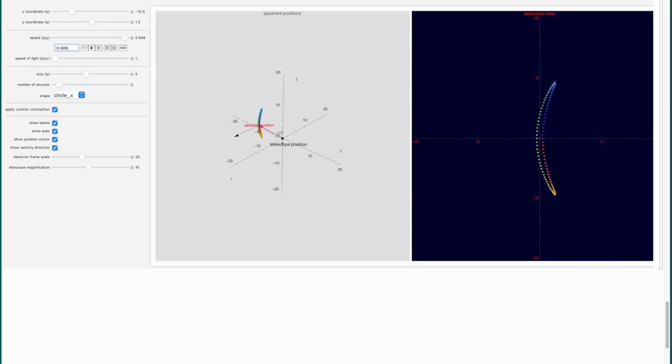Secondly, we're looking at a particular geometry here. We're looking at the case where the object is moving transverse to the line of sight. So this is the line of sight, this vector right here, and this is the direction of the velocity vector. So this is another thing, we never see objects like this. We do see objects that seem to be moving this fast, but they are galaxies.